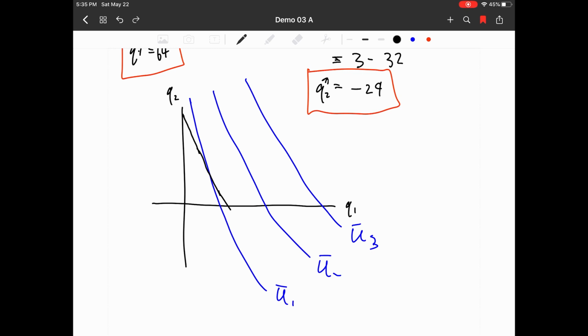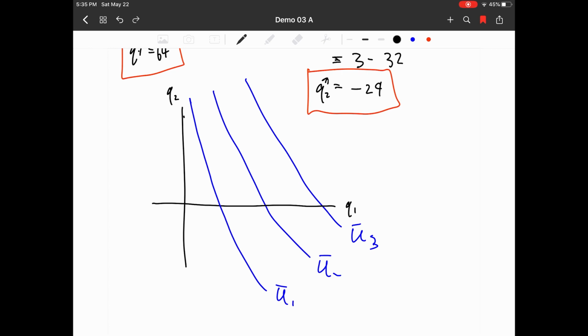But what you'll see here is as we continue to move up the indifference curves, and depending on the slope, we can actually end up with tangency points